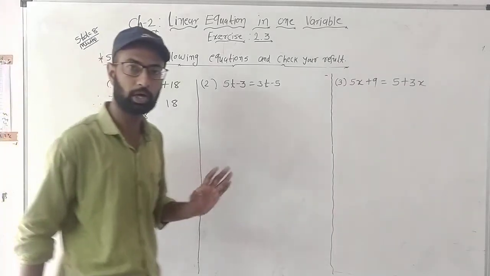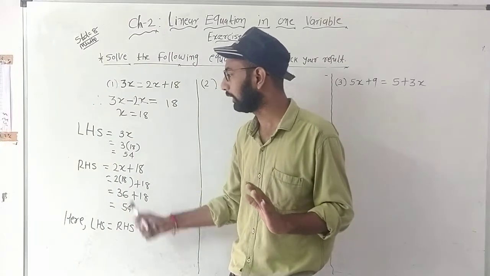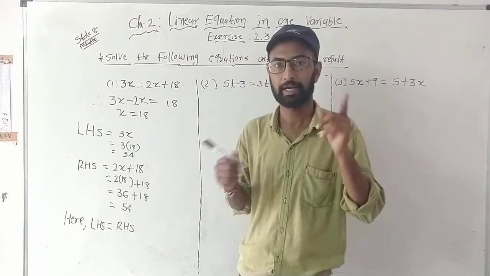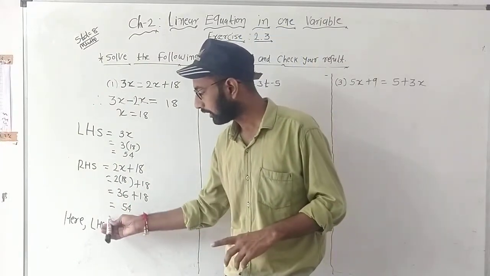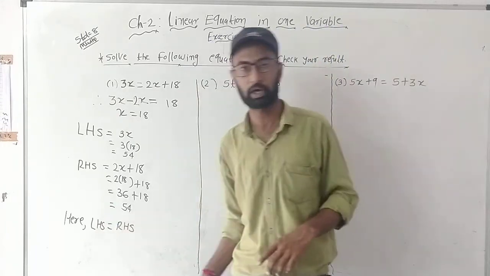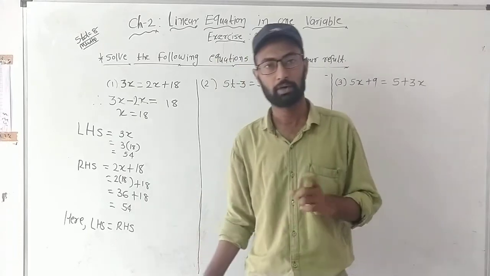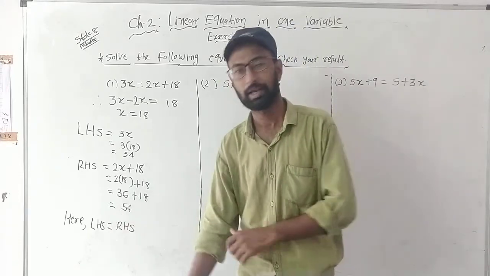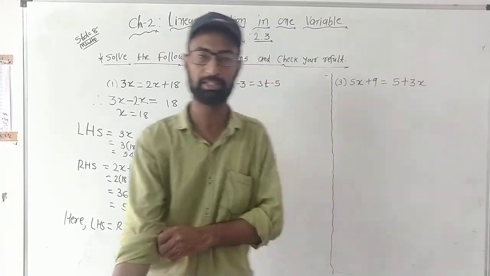अगर कोई केस में you are not getting the value of LHS and RHS the same, at that time you will just put the sign of not equal to: LHS is not equal to RHS. You will just put the sign not equal to. यहाँ पर आप उसके ऊपर लाइन ड्रॉ कर देंगे तो नॉट बन जाएगा.